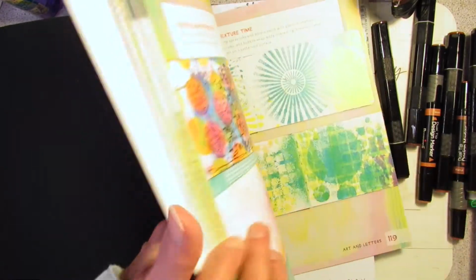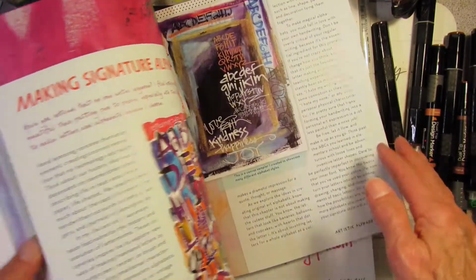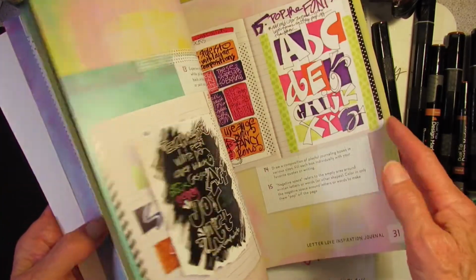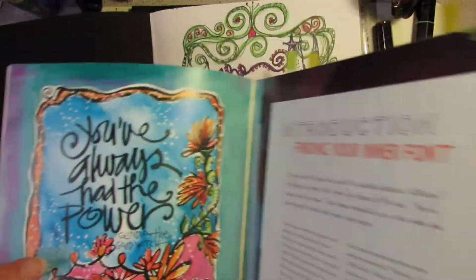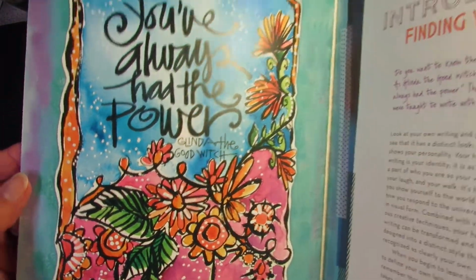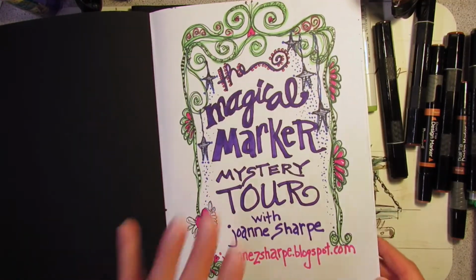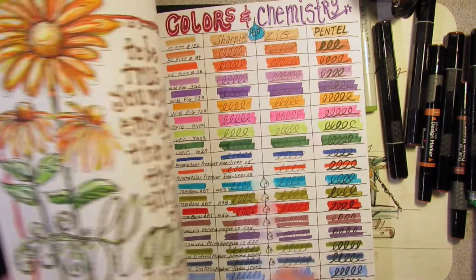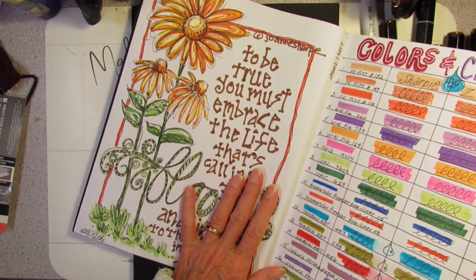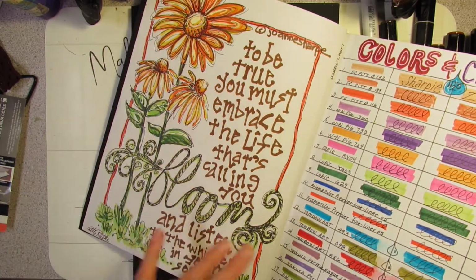And if you thought lettering was hard, you should look into taking one of her courses. She just makes it as fun and colorful as you can possibly imagine. Look at this. Sorry for the glare, but I love her style. Look at those flowers. I love it. So I bought this journal especially for that. And we did a lot of these little quote things with flourishes in the letters